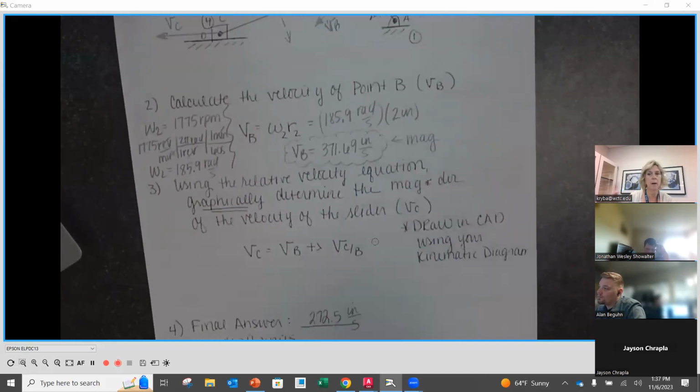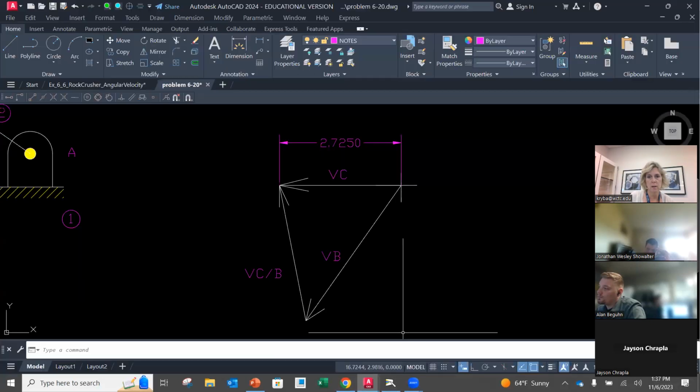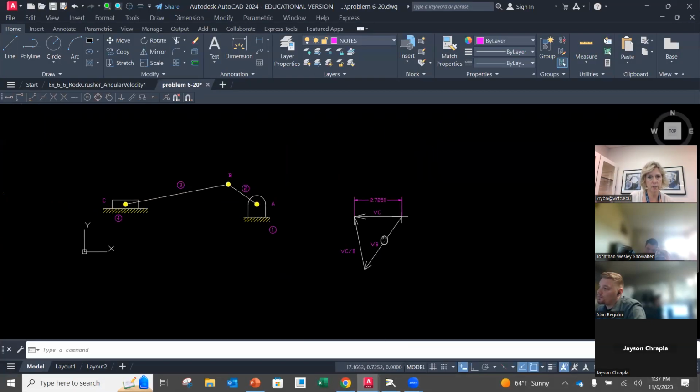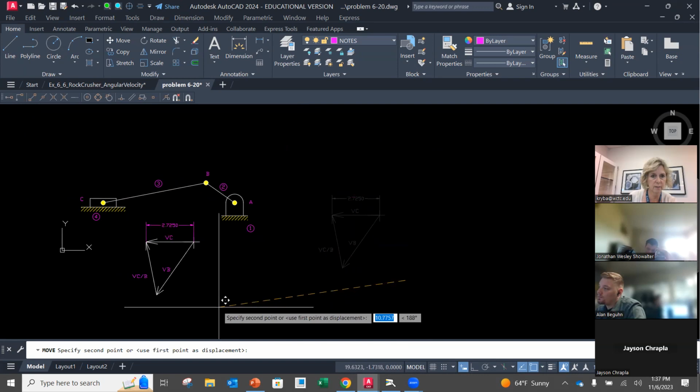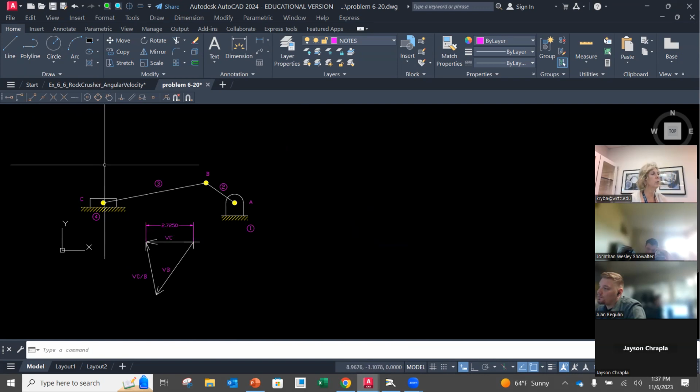But then you can use screenshots of the work that you do here. So I would probably move this nice and close, kind of right there. And for handing in purposes, I want to see that you did it in CAD. I want to see your vector diagram, but now you can do a screenshot like the Windows Shift S or the screen snip